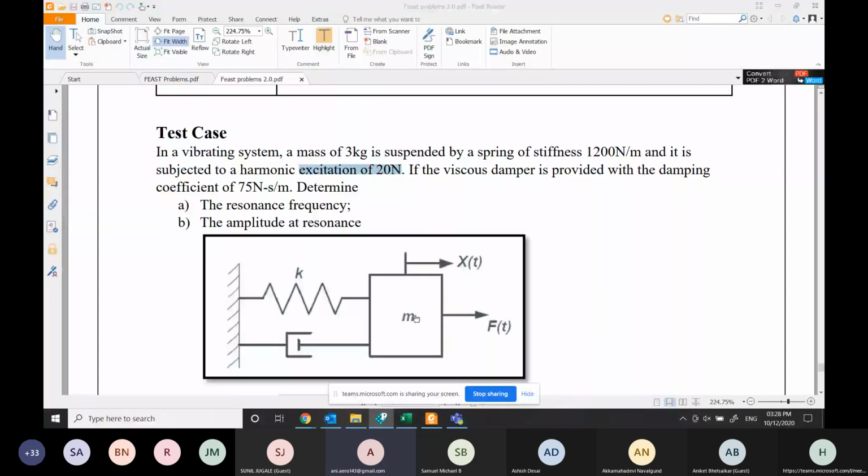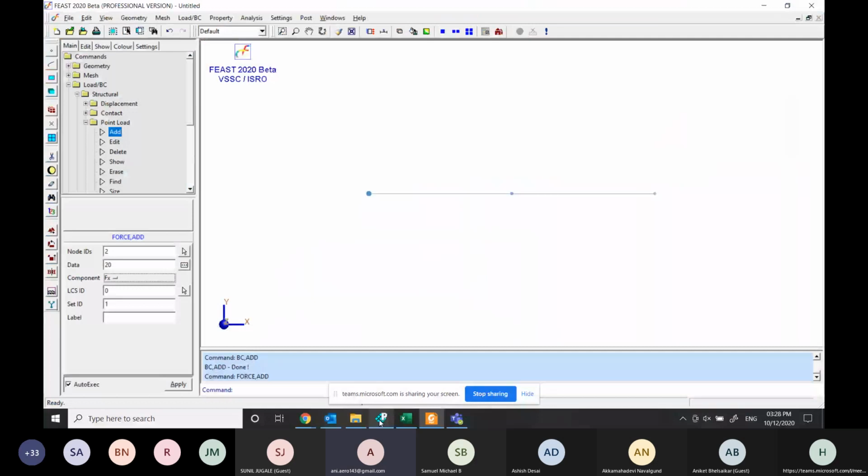The force is acting in the actual direction. So the component is Fx, the value of 20 newton is applied, and I can click on apply, so the force is also added. So the boundary condition and the load values are added.